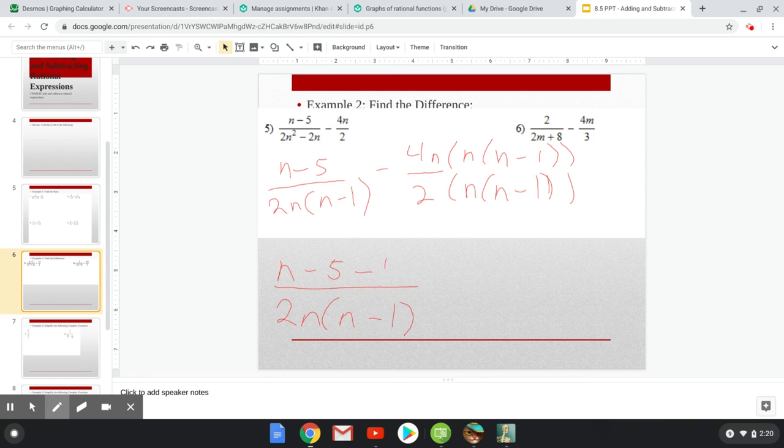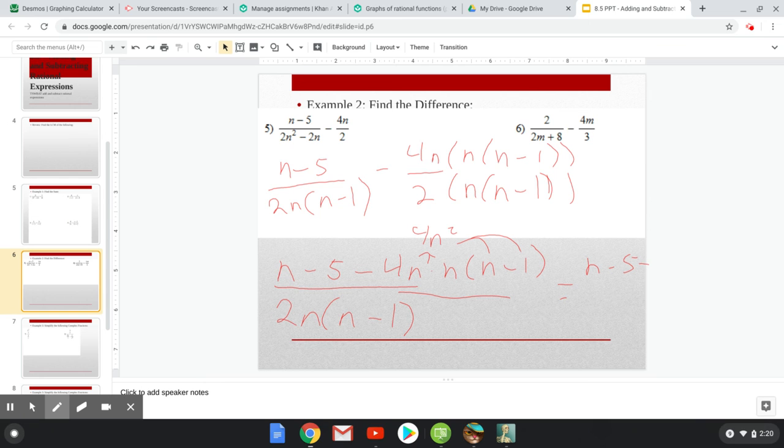So I have minus 4n times n minus 1. All right, let's simplify that. So the first thing I'm going to do is I'm going to multiply these two. So that would be n minus 5. Minus, I'm going to have 4n squared. I'm just going to write that up here. This is 4n squared, right? So I'm going to have 4n squared, and I'm going to distribute that